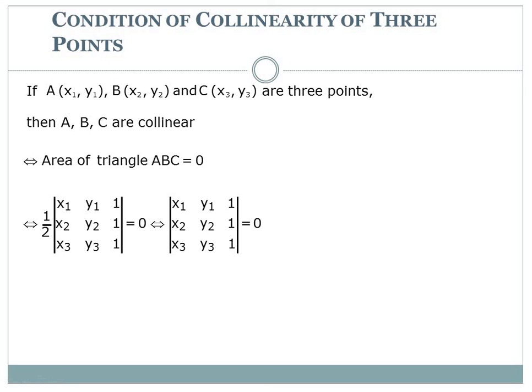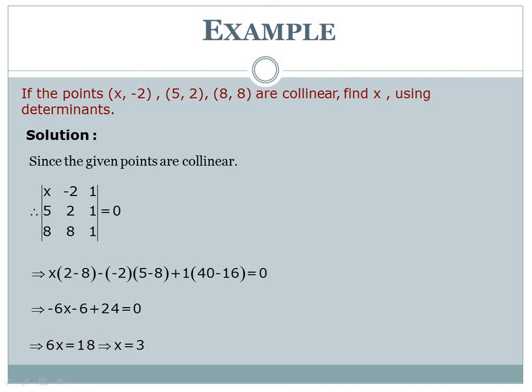Finally, application of determinant to find out whether these 3 points A, B, C are collinear or not. To determine whether these 3 points are collinear or not, the thing is to find out the area of the triangle formed by ABC. If this area is equal to 0, then you can say that all these 3 points are on the same line and they are collinear. So solving this determinant and finding out the value, if you are getting this answer of this determinant as 0, then you can say that these 3 points are collinear.